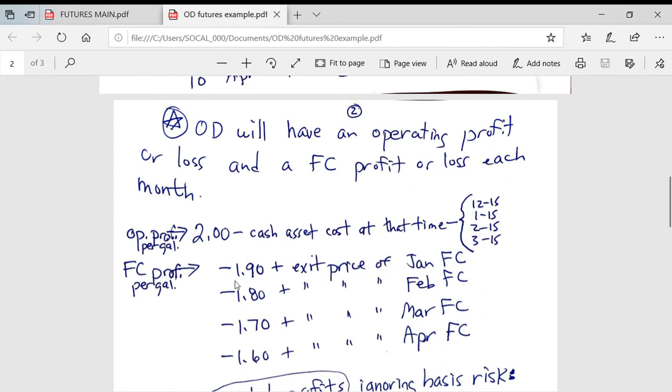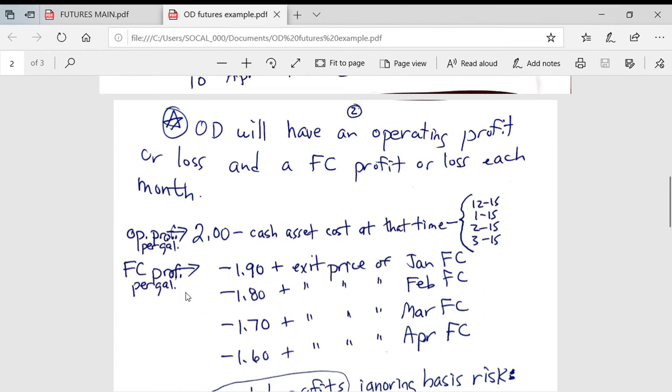So that's why we say his futures contract profit is minus 190 plus whatever the exit price of the January futures contract is, because he's not going to make use of the delivery mechanism. He is not going to make use of that delivery mechanism. And the same with the January 15th delivery, which uses the February futures contract,